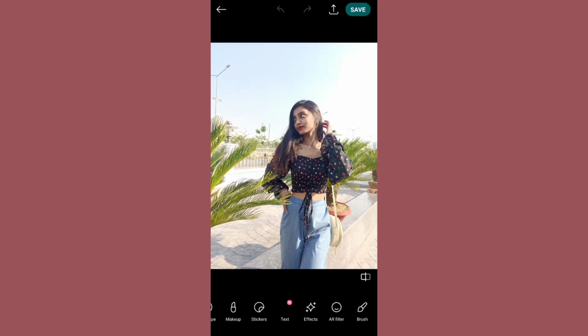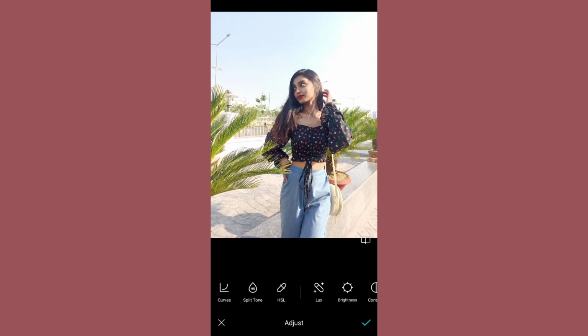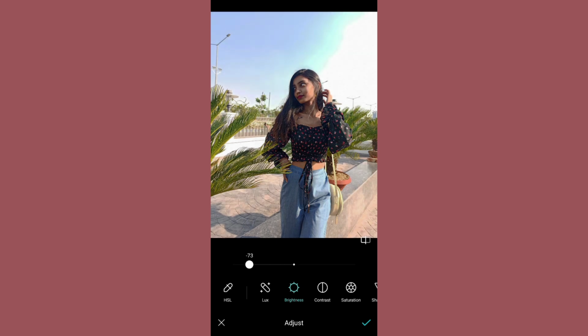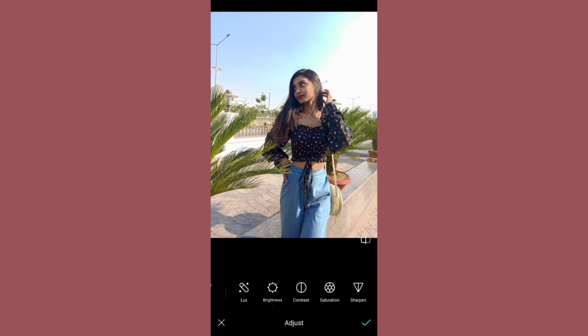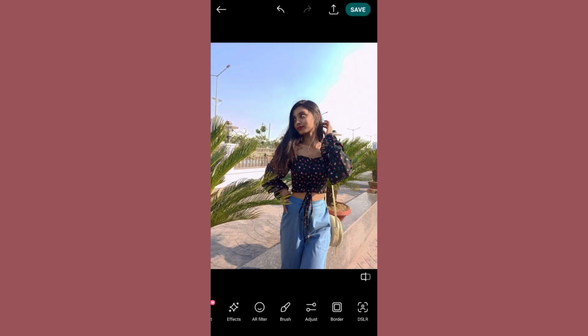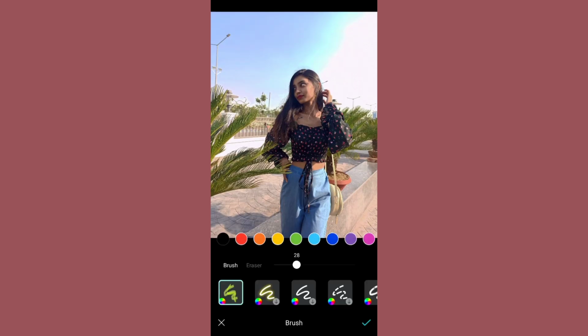For this picture, first I am going to edit the basic lighting because the picture is too bright and whitish. For that I am reducing the highlights, then go to the HSL option and I'm gonna edit the blue, yellow and orange color. After that I'm increasing the highlights a little, also decreasing the shadows, increasing the warmth and the tint, then save it, and then I am going to the brush option,